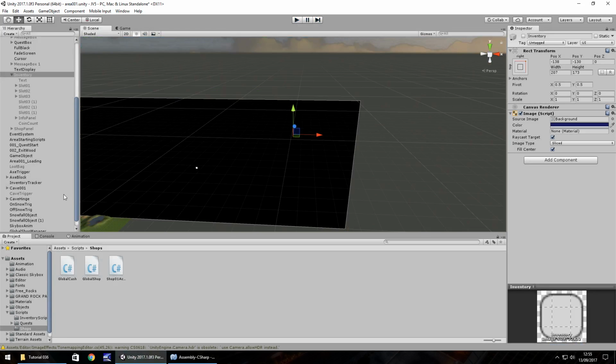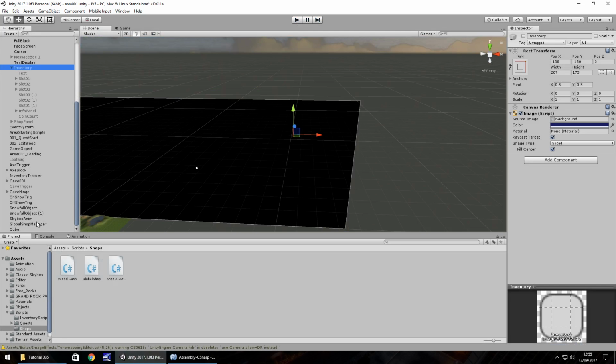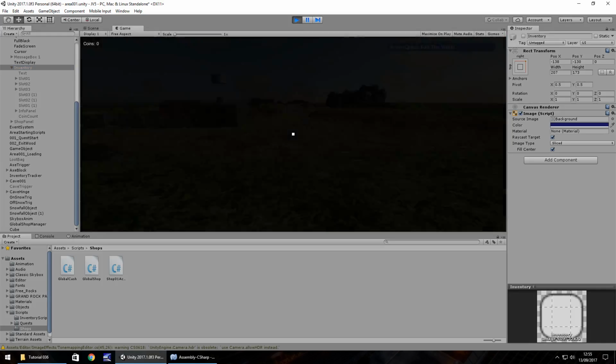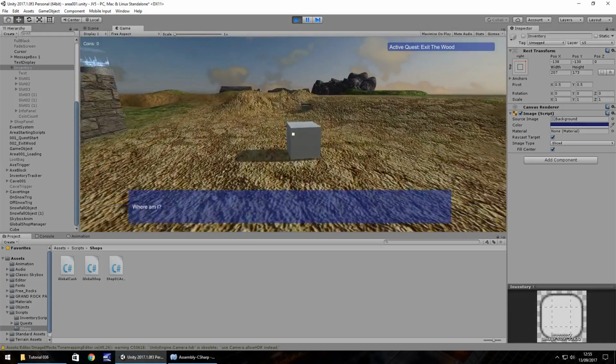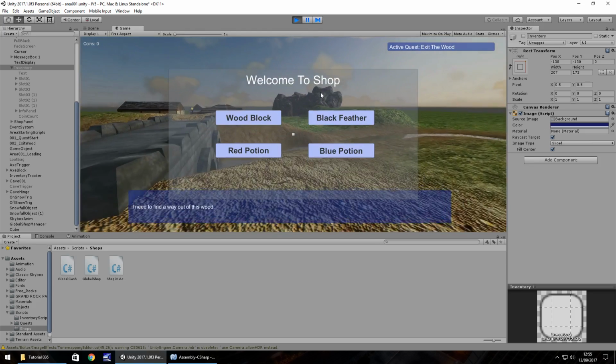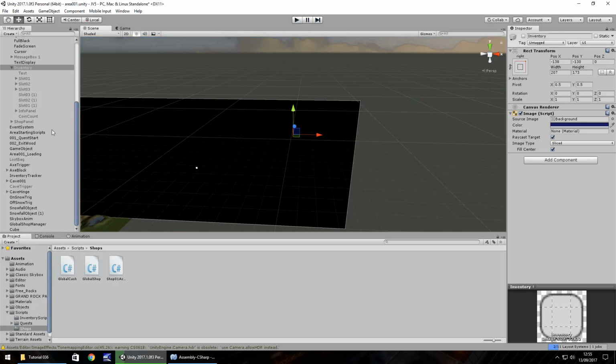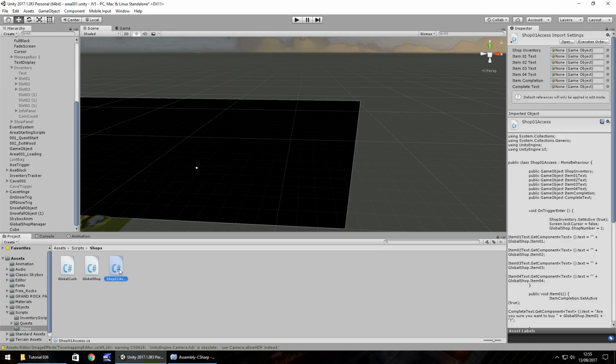Let's sort out our shop. So firstly, what we'll do is we will stop ourselves actually being able to move, because at the moment, if we walk into what our shop trigger is, we can still walk around, we can still move our mouse. So what we'll do is we'll add in a couple of lines of code to our shop 01 access. So if we go into it,